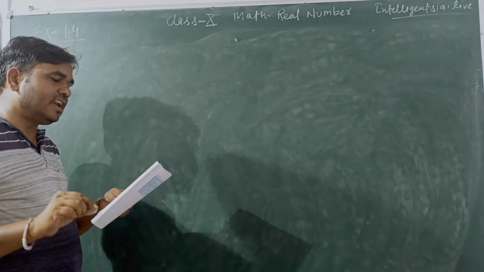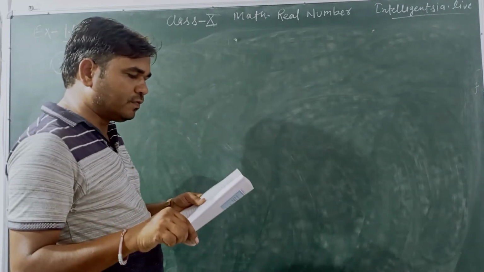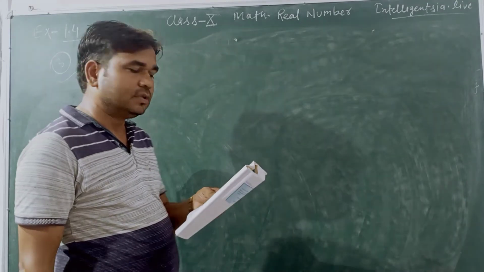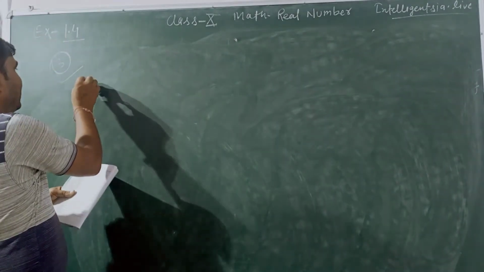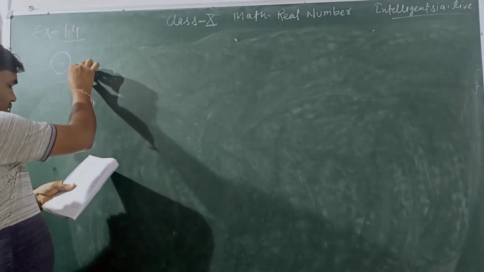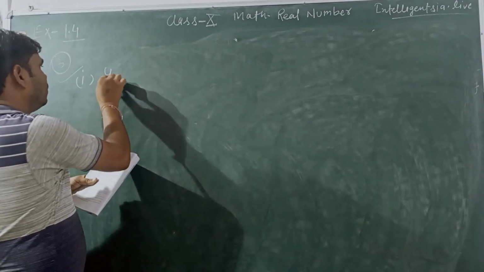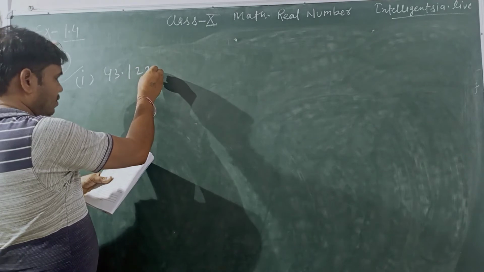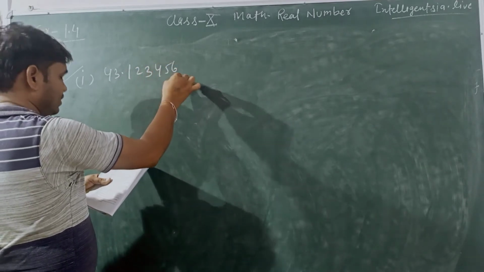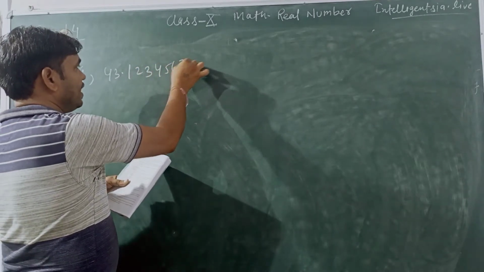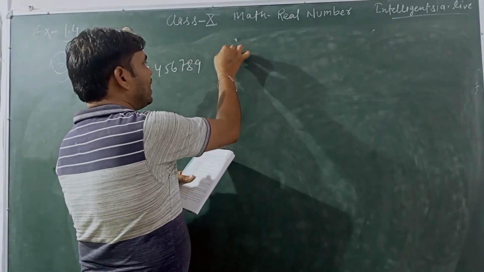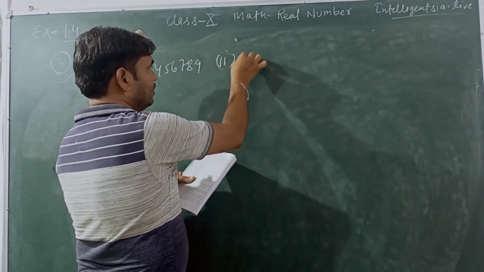If they are rational and of the p over q form, what can you say about the prime factors of q? So we take question number 3, first part, 43.123456789. This is the first part, and the second part you can see